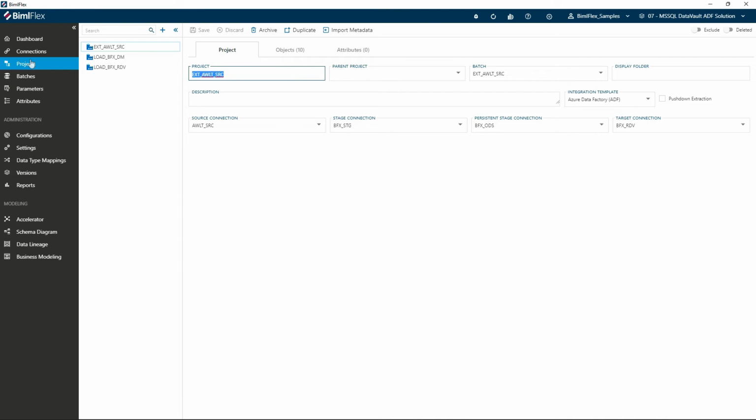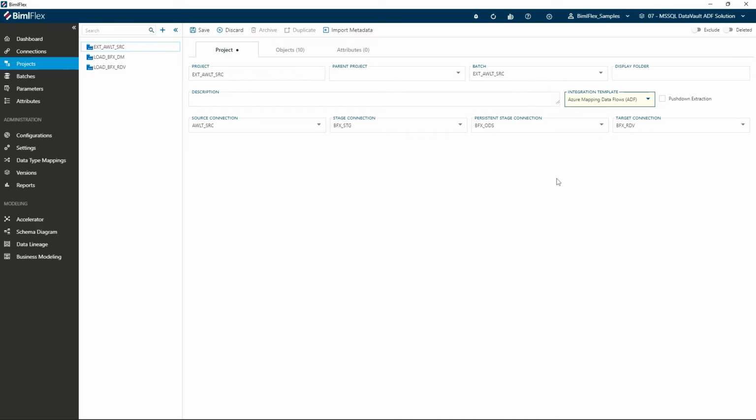In this particular example, data associated with this particular source connection will first be staged in the stage connection, then go to a persistent staging area, and ultimately will be loaded into a data vault. And this can be done using a specific integration template, such as, for example, an Azure Data Factory approach. This will direct the compiler to generate execute pipelines, and if we would select something else, we would get Azure Mapping Data Flows. Once we have an idea on the flow of data, we can start looking into the models a little bit further,